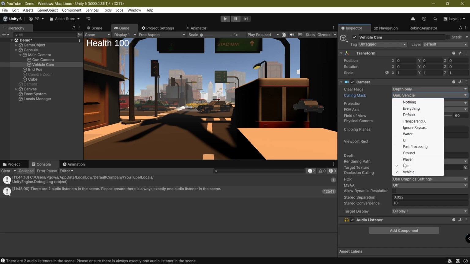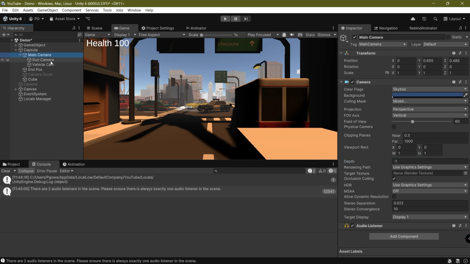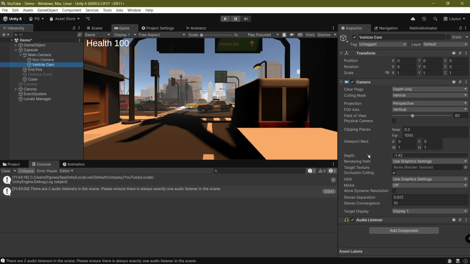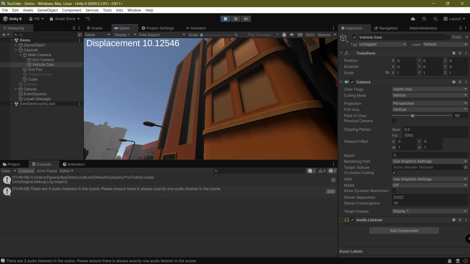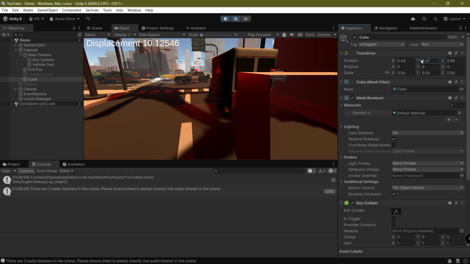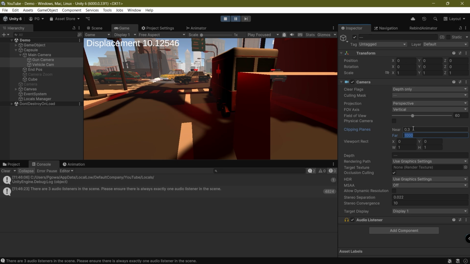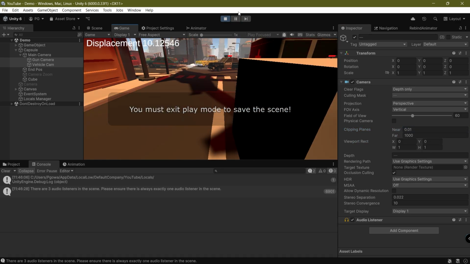Okay, so let's deselect these two, and now if I play with the depth, you'd see that once it becomes lower than our main camera, we actually cannot see it. But if it comes above our main camera, then we can absolutely see it. Now if we were to place it as 0, and if we were to hit play, you'd see that the gun object still kind of renders on top of this vehicle. Actually, let me just decrease so we can see it, and let me just also decrease the near plane. So now as you can see,